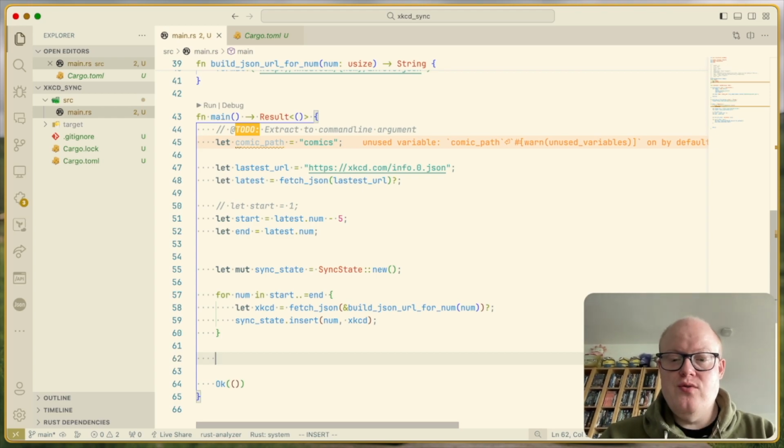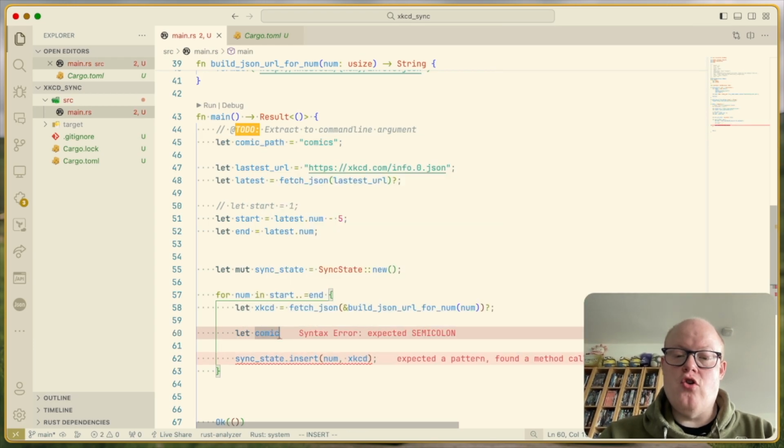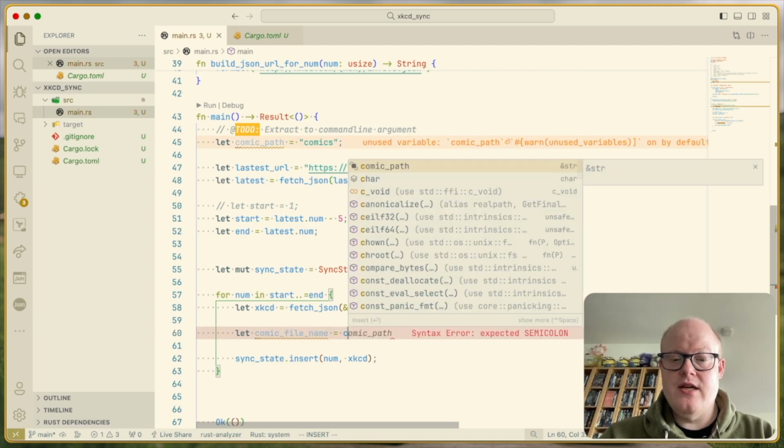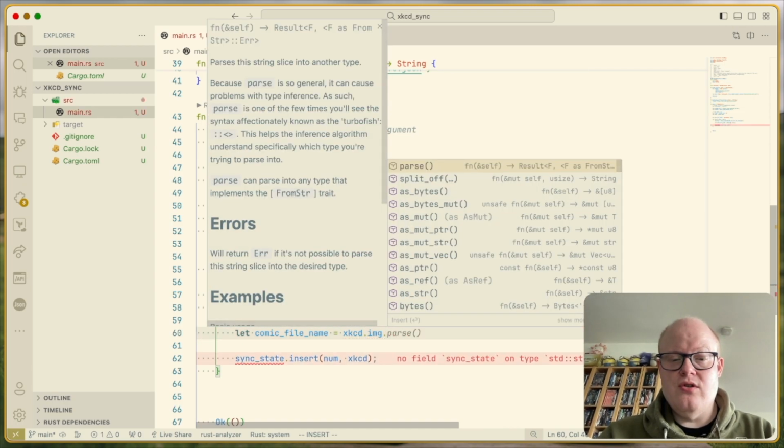So what we now want to do is actually get this one. Actually, I guess we want to do it here. We now have our XKCD. So can't we just let comic file name, I guess we can do XKCD dot img dot